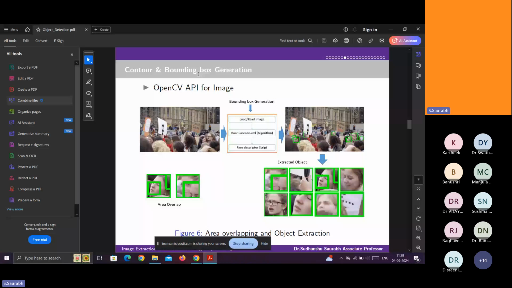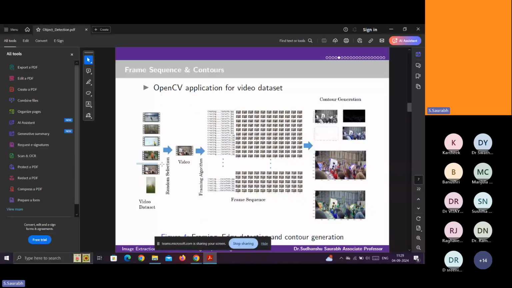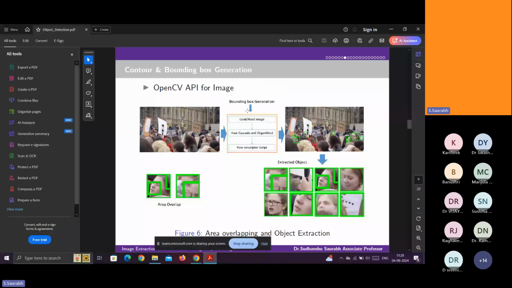See, this is a raw image. This raw image is a random selection. Look at this image here. This is a video, and the images are here, random selections. And after this, instead of this contour generation, you have to directly apply the bounding box algorithms, which are given by OpenCV, Intel OpenCV. So load the images, and after that, the haarcascade .xml file.